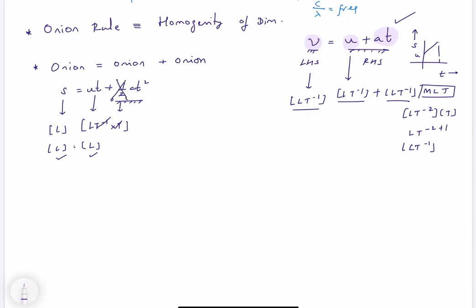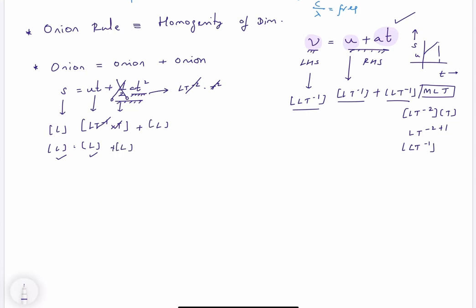Let's cut it with a scissor. We don't need this. So we only focus on this big term, A T squared. How do you write A T squared? What is A? Acceleration. Acceleration family, L T power minus 2. What is T? Time. Time is squared here. So T power minus 2 and T squared get cancelled. Hey, I got L. L equals